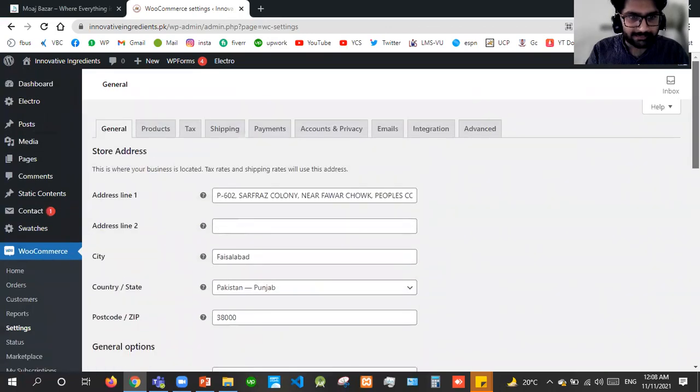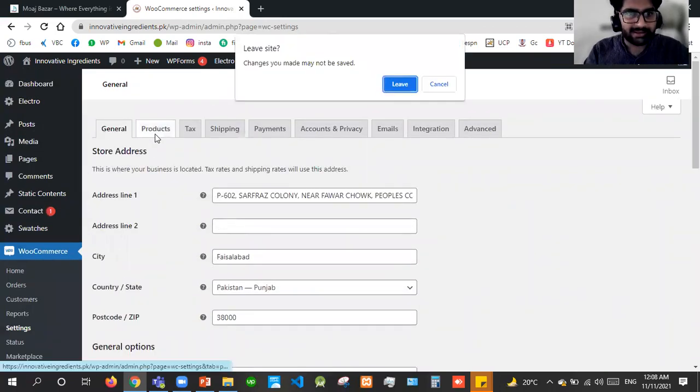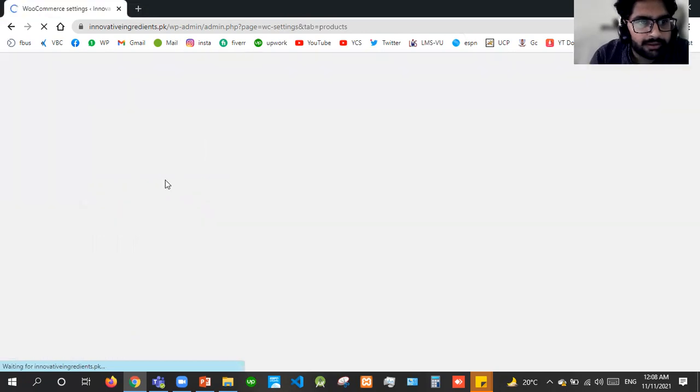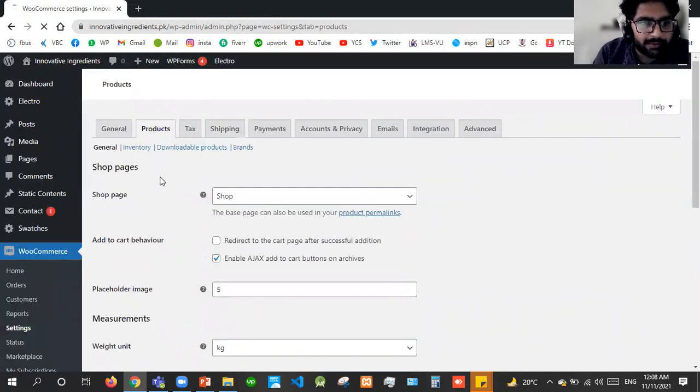Okay, the next thing is products settings. I don't want to save this, so that's why it is asking me to save this first. But let us move to products because you will be saving. The products setting will have sub tabs like general, inventory settings, downloadable product settings, and brand settings. Okay, shop page is set to shop page, and add to cart behavior is